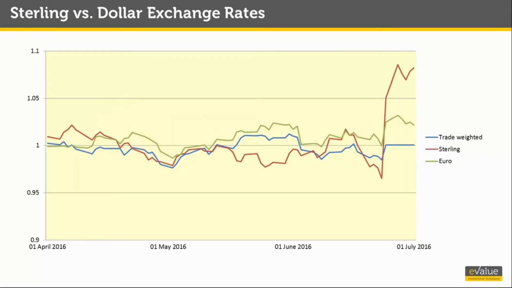Note that we are showing exchange rates relative to their values at the start of the quarter and not actual exchange rates. At the end of the quarter, the US dollar has strengthened significantly with respect to the pound, meaning the US dollar investor has a favorable exposure to downside movements in the UK, but realizes less return when the UK market gains. While the pound is trading very low against the dollar, at levels seen more than 30 years ago, it was in fact 131 this morning, some analysts are predicting a drop to 125 by the end of